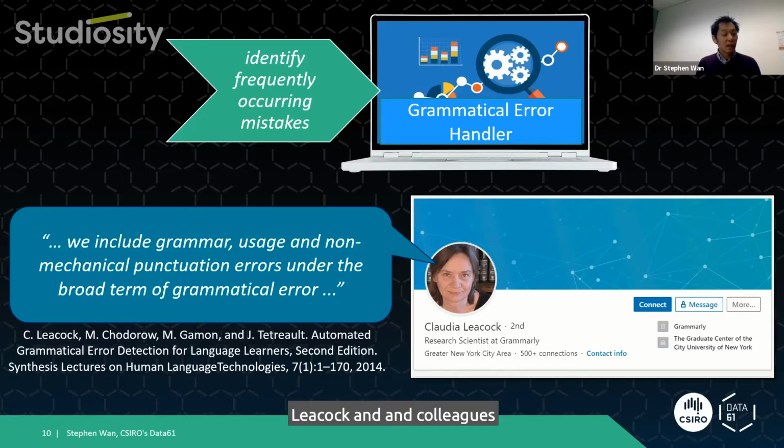And Leacock and colleagues defined the scope of their influential survey in 2014 as including grammatical mistakes, but also errors in language usage, such as the selection of a word, and errors that are not simply due to hitting the wrong key, so those mechanical errors. So when I talk about grammatical errors in this talk, I will be using this broad definition that Leacock and colleagues established.